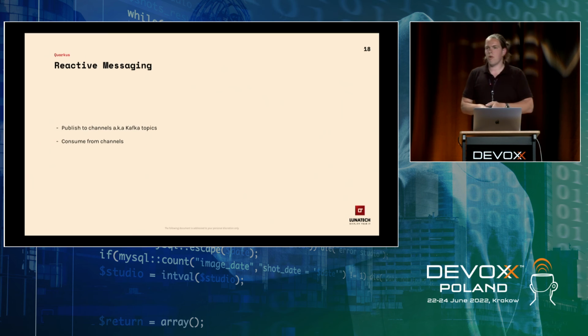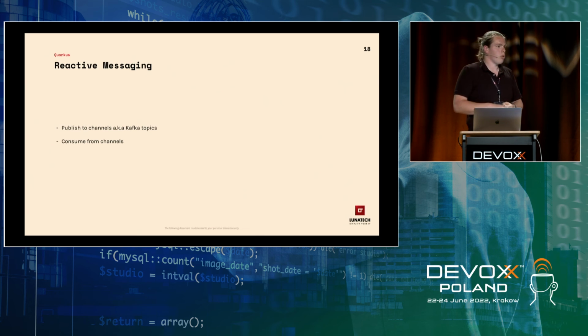As you saw before when we generated this project, we can use multiple event systems, like RabbitMQ, MQTT broker, but the most common one is Kafka, I would say. So I'll show you a bit how easily we can push those events to Kafka as well, and then again, also read them.